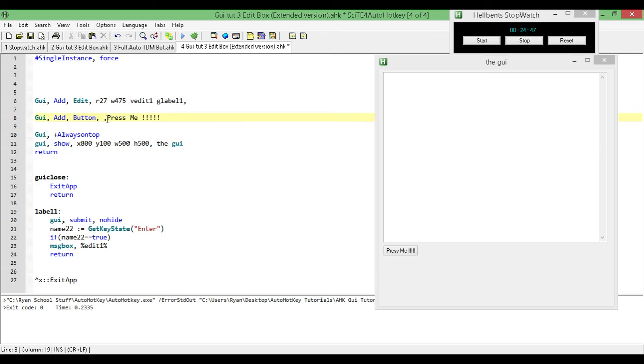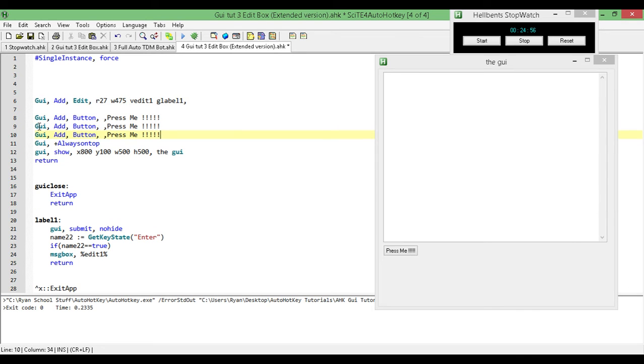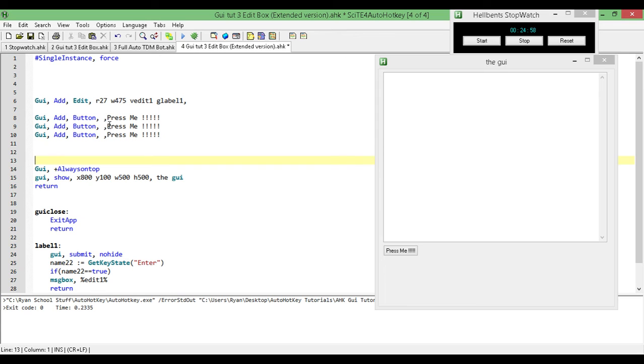Button. Okay, so I need 3 buttons, because each button is going to do a different thing. Alright, I'm going to change them. I'm going to give them names. Input. I didn't have them named like this before. It just said press me 2, press me 3. But I'm going to change them to what they're actually doing. So button 2, message box. And then the last one is